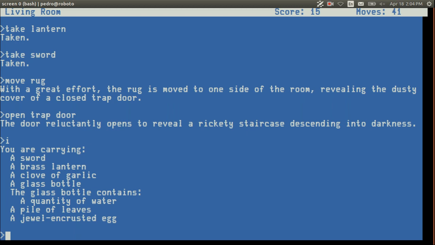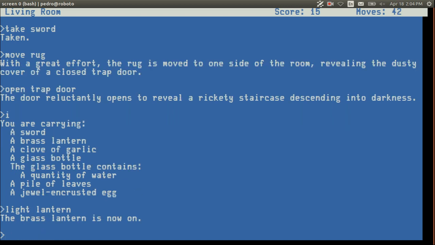There was an area we couldn't explore because it was dark. We now have a lamp. But there's another area we could explore because it's dark. And does the lamp have the right batteries? Well, how could I find out if the lamp has batteries? Light lantern. Check lantern. Okay, well, there we go.